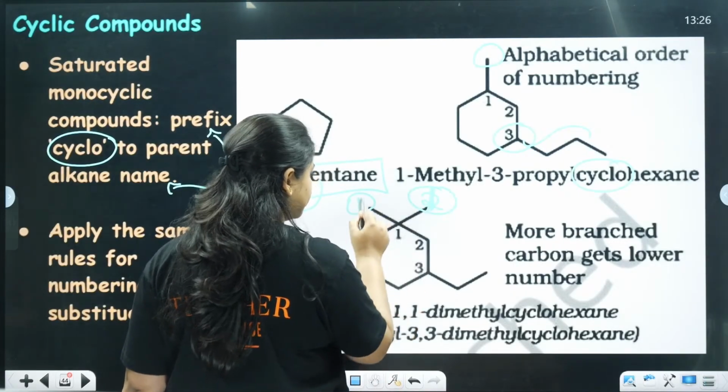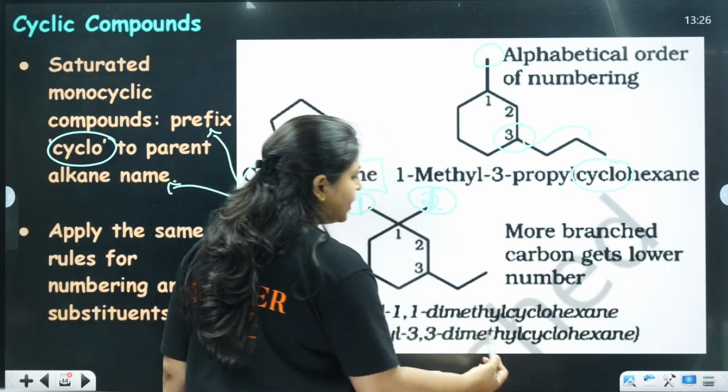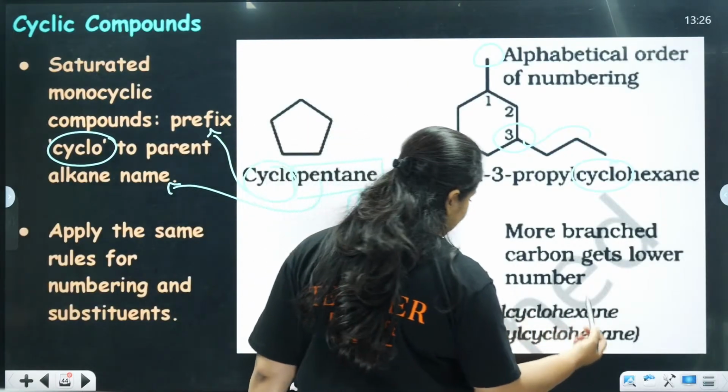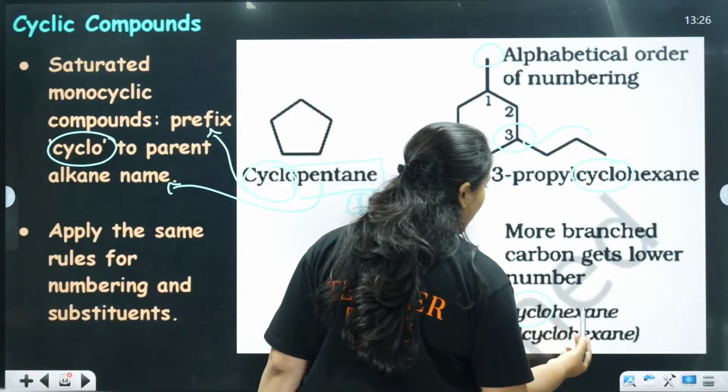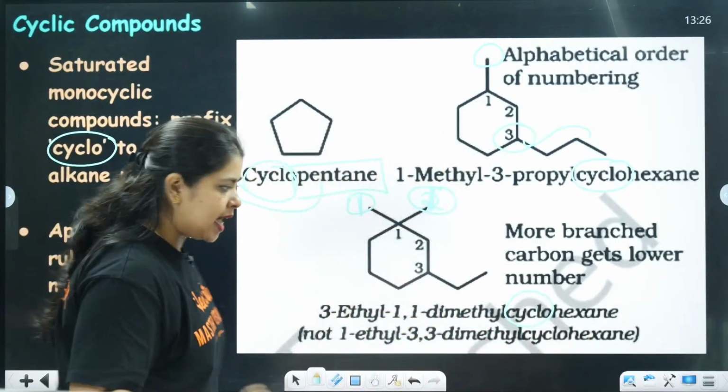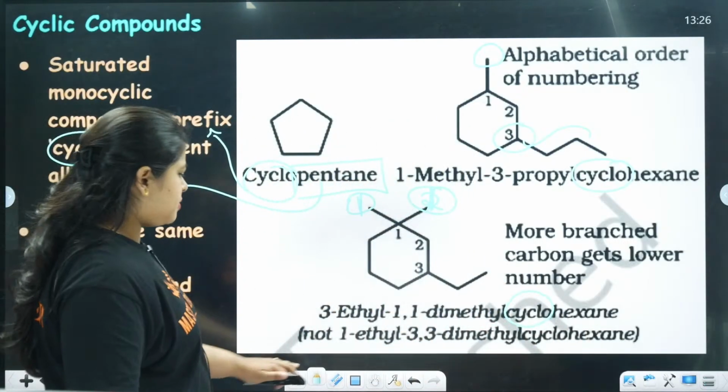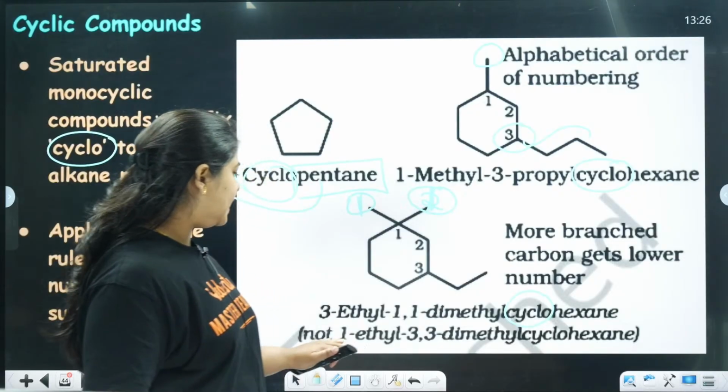So 1 dimethyl and it is going to be cyclohexane again. As I told you people, this is a prefix and this hexane is going to act like a parent atom. Done. Next comes what? It is also named in the form of, not in the form of 1 ethyl because